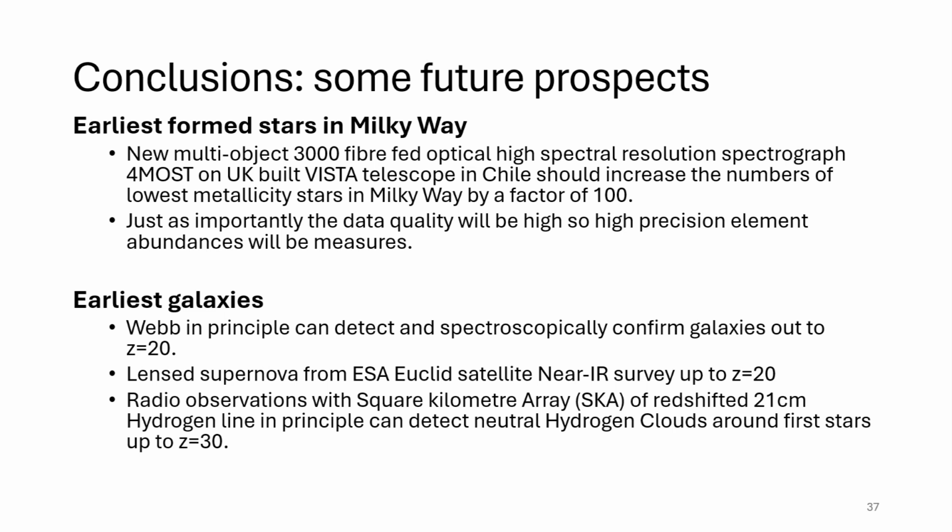And then another project that I'm involved with at the moment is we're building something called the Square Kilometre Array. This is a radio telescope, part of which is going in South Africa and part going in Australia. And this will look for hydrogen. It's going to try and detect hydrogen using the fine structure 21 centimeter line.